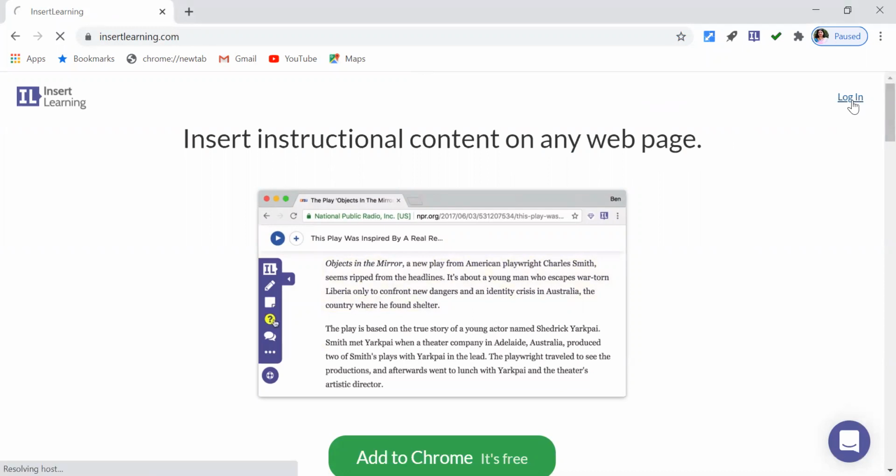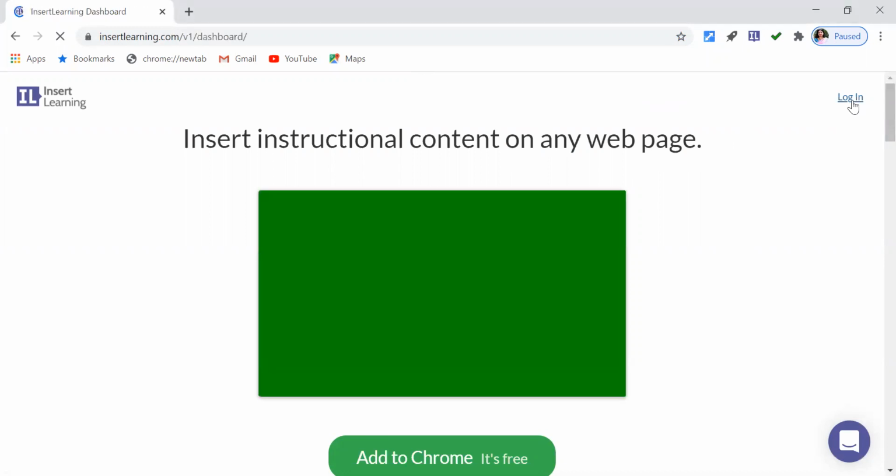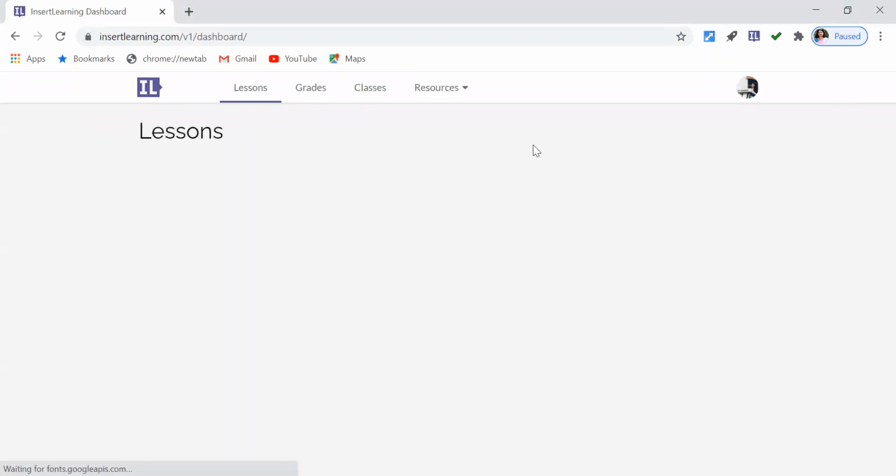So just log in, and log in as a teacher with your Google account. Since I have already logged in, it is showing on my